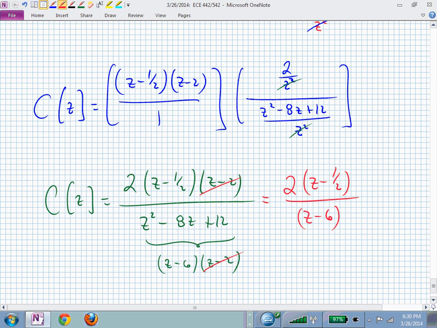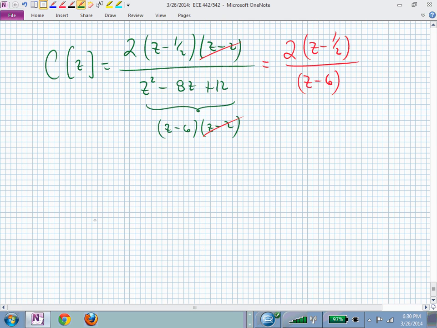Sometimes an unstable plant cannot be stabilized unless you have an unstable controller. I mean, if you've got an unstable plant to begin with, you might as well do as much as you can to make the closed loop behave. And that may mean you have to have an unstable controller so that the combination ends up stabilizing the closed loop system. If we now apply this C of Z in the classical